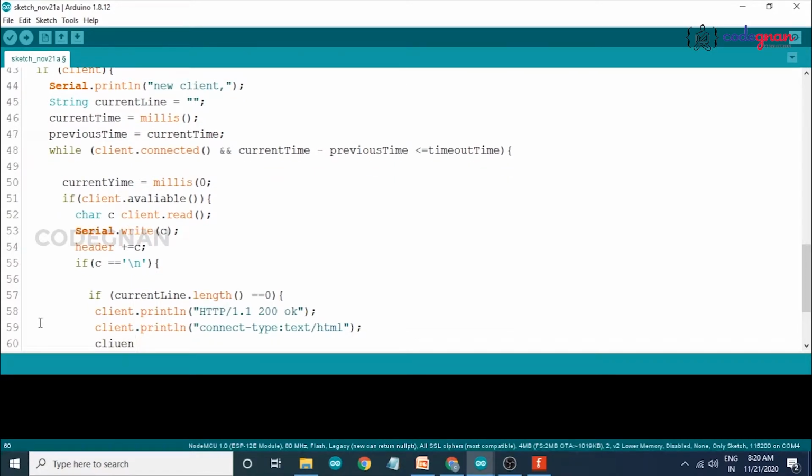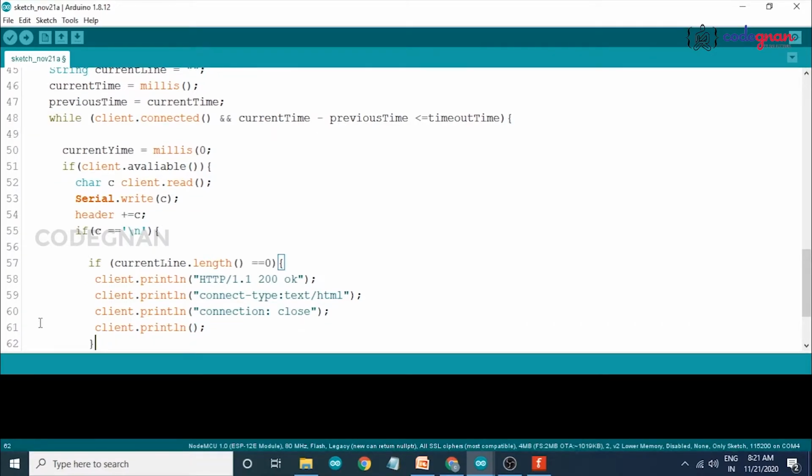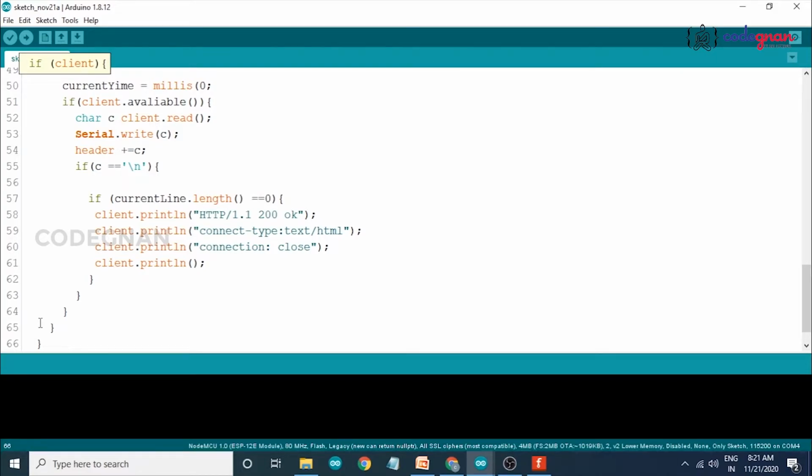And also client dot println Connection: close. So after our completion it will be closed, and client dot println. Now we have to turn on our GPIO pins, so that if header